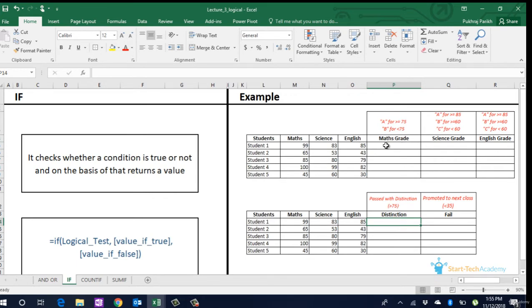For example, if we want to assign grades to students basis their math score, where students with equal to or more than 75 marks in maths have grade A, else have grade B. We do this by typing is equal to IF, the logical test, output if true, output if false. Extend it for other students also.